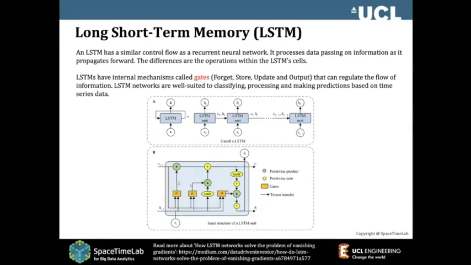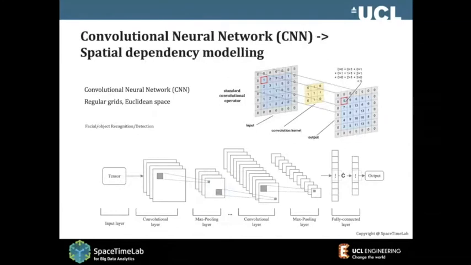They can learn, say, what to forget, what to store, or what to update in the outputs, so that the pattern can really be learned effectively. What they really mean is that they can learn based on what happened in the past. They also understand both the shorter-term pattern and the long-term pattern. So this has been widely used for natural language processing, for prediction, for translation. As you can see, LSTM can be used widely for time series analysis.